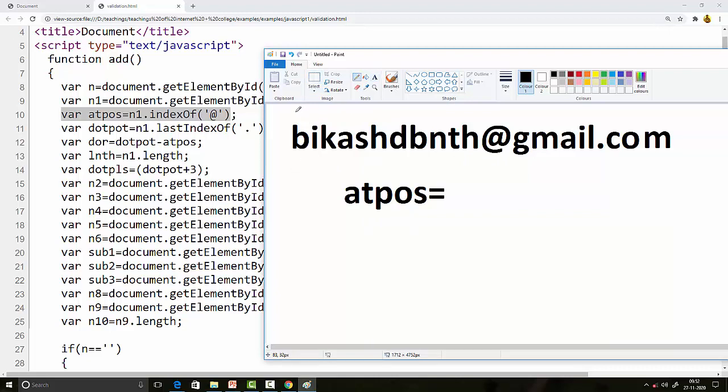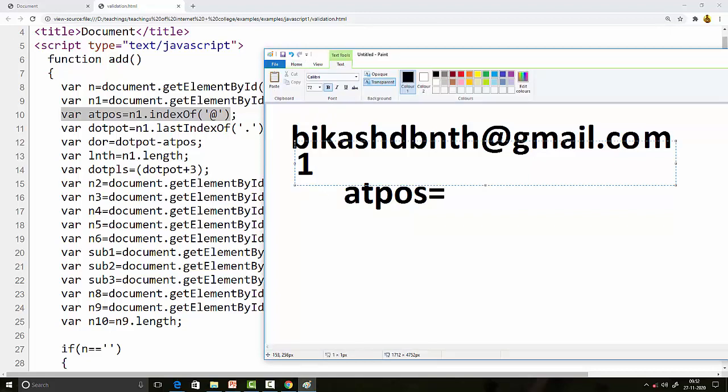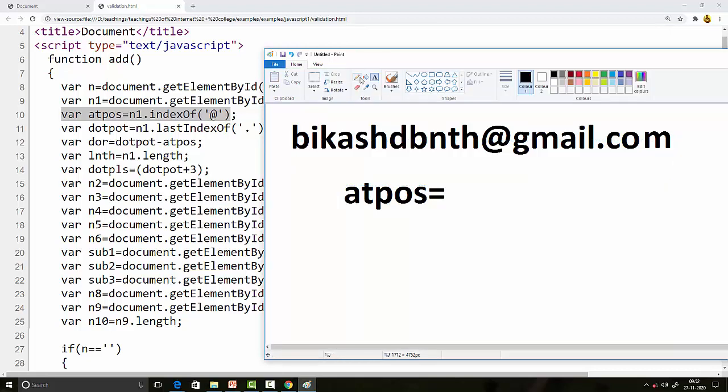If we write this one as 1 2 3 4, then this one is 1, this one is 2, this one is 3, in this manner this one is 4, then 5 6 7 8 9, then 10, then 11 12.